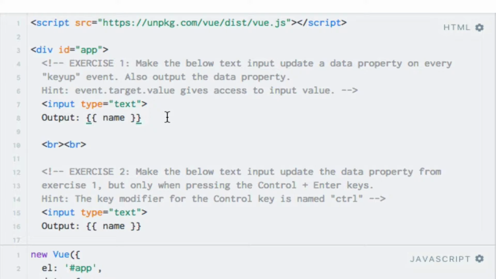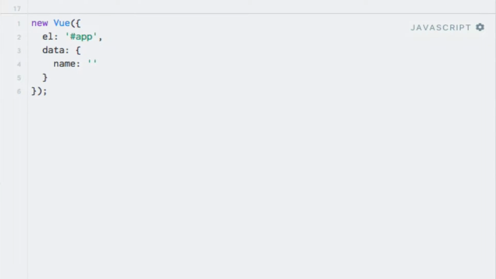With this property in place, I'm ready to update it as I type something in the input field. For this, I will listen to the keyUp event and use the v-on directive as we saw previously. So I'll just enter v-on here, which is the name of the directive, and a colon, and then the event name, which is going to be keyUp in this case, equals, and then we're ready to enter an expression. I'll implement a simple method which takes the native JavaScript event object as an argument. So I'll go down to the Vue instance, create a methods object,